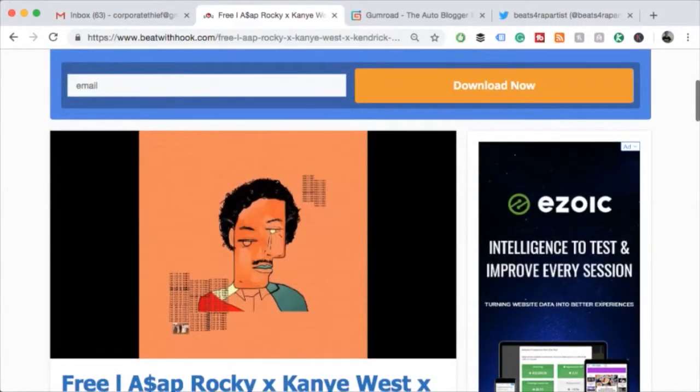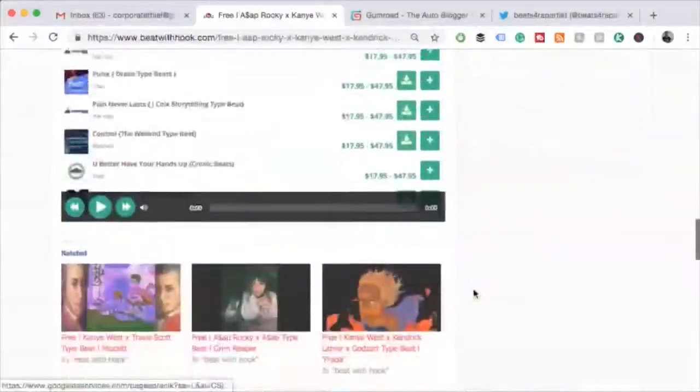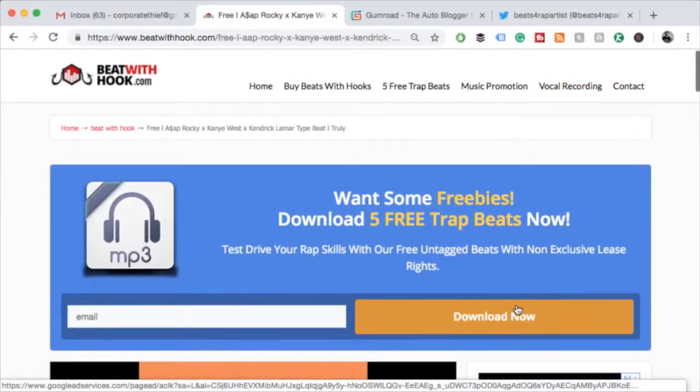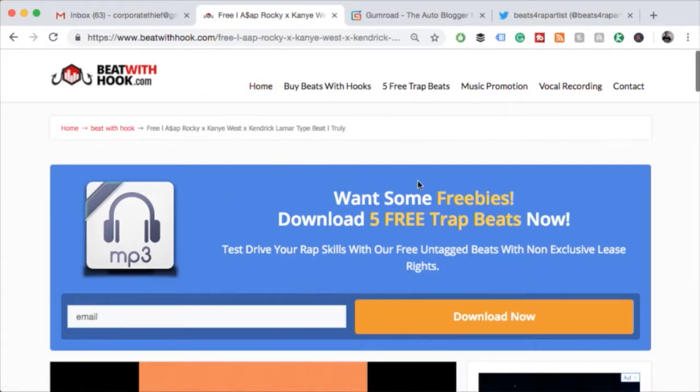I usually have it so that once someone lands on the page, it puts an opt-in like this on it, but I've turned it off because it was driving me mad when I'm doing the tutorials. But I do that as well. I think I have it on another site. I'm not sure if it's going to come up. We'll just have a look and see.